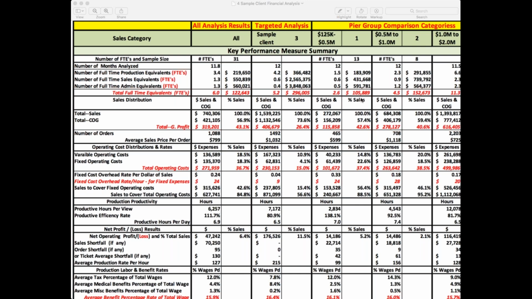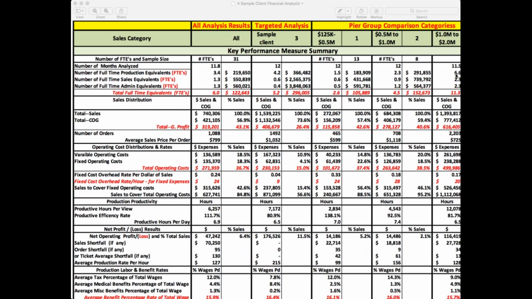And as we went through, this is a deliverable to the client, so they can see visually how they are stacking up. So notice here the FTEs for production are 4.2. The others in that group were 6.2. So he's doing a good job as far as the number of